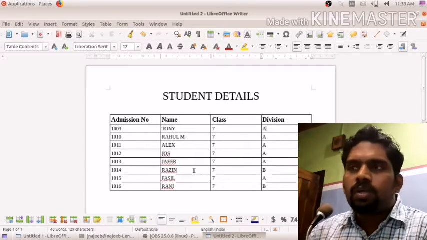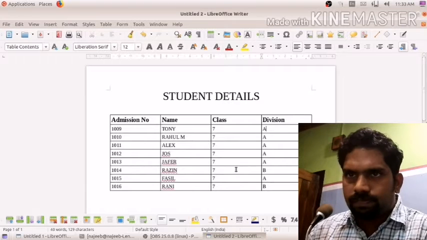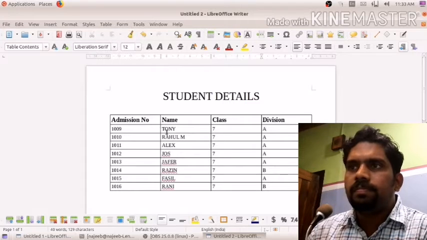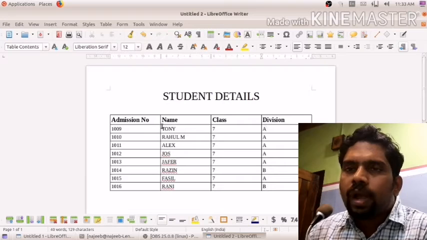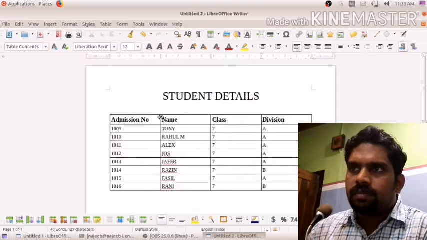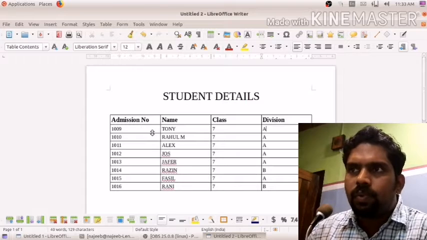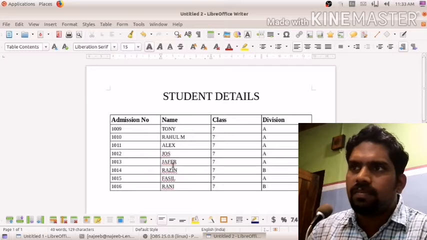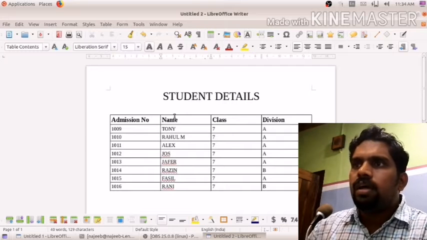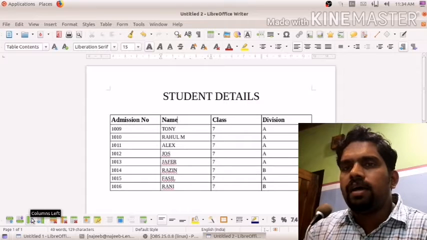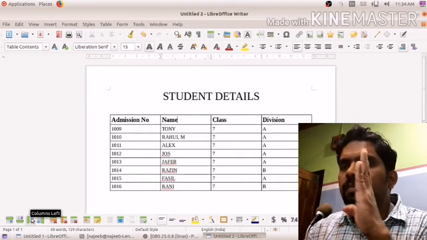Then another thing is that if we want to add a new column, like you see, before this name, if we want to add a roll number on the left side of this name. So how to do? Just click on this name, or any cell within this column. I put the cursor here. Then I want roll number, like admission number, roll number, name.